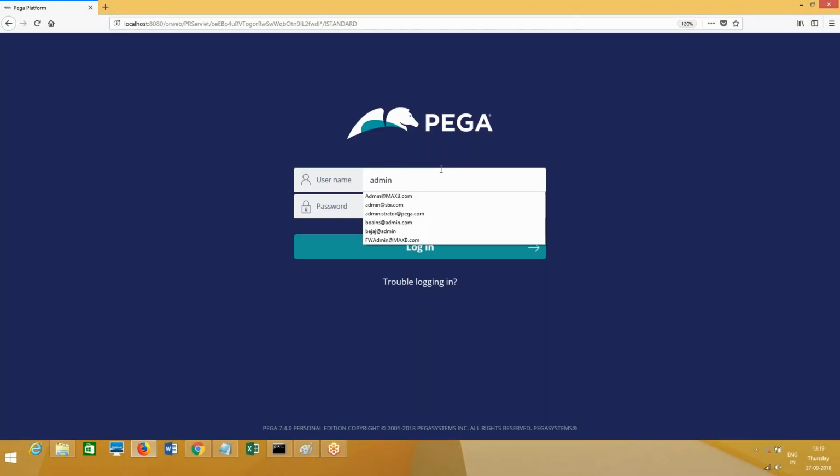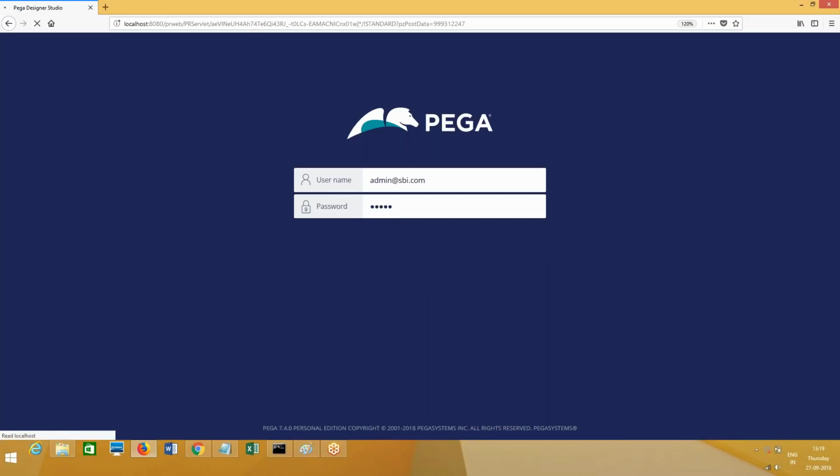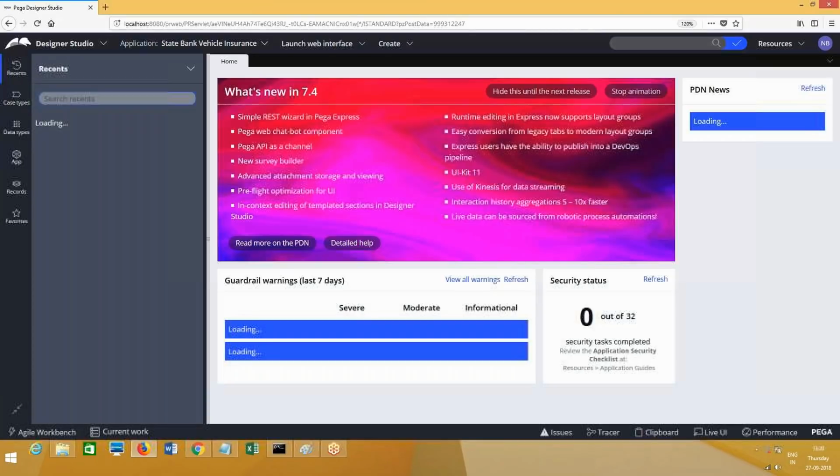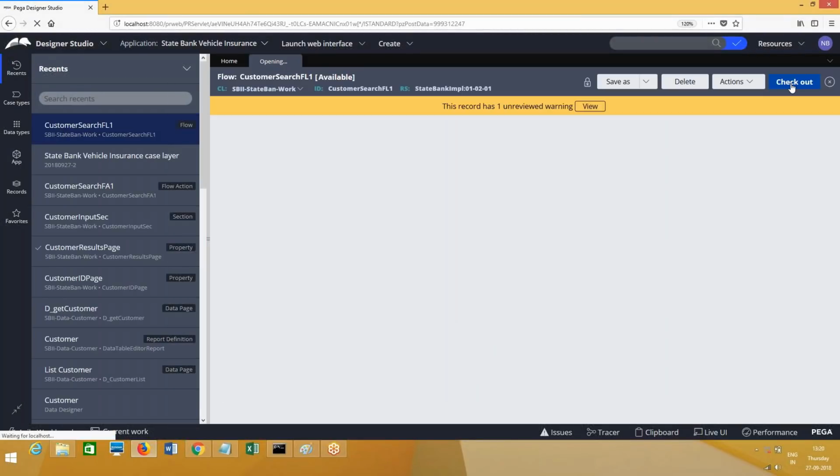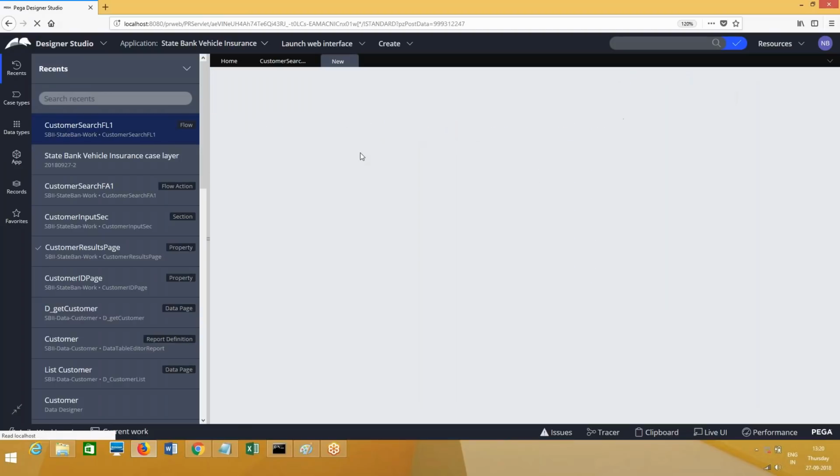It's not actually required, because I already have the data page on clipboard. I just wanted to log out and log in back. So admin at the rate, I believe it is in SBI. I'll open the flow now and then run the flow.